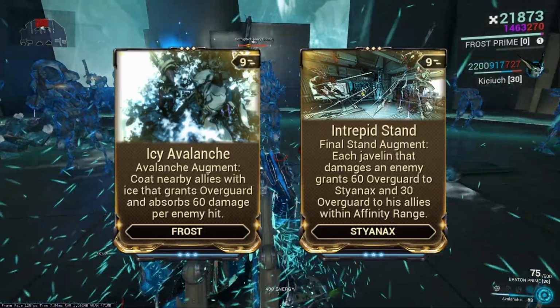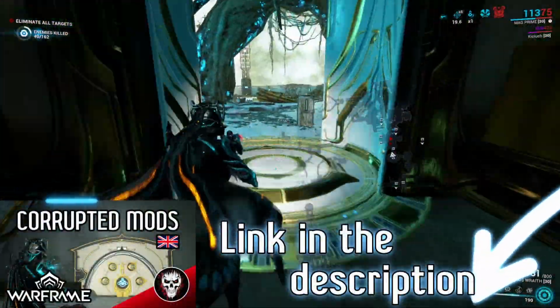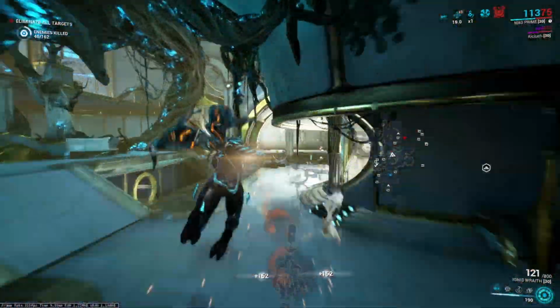both yourself and your allies. Corrupted mods are also very useful. Link to the guide how to get them is in the description. In fact, all of Warframe mods in this group are useful in some builds, depending on your approach to the